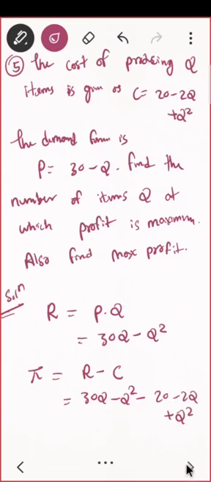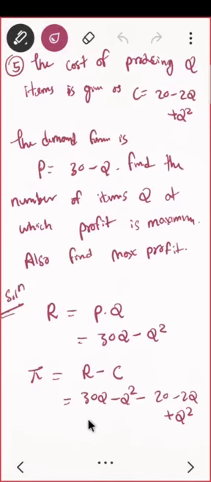So what is that? 30Q minus Q square and minus C, what is cost? 20 minus 2Q plus Q square. So let us find the profit function here. क्या आएगा देखो, that is 30 की तो 32 हो जाएगा. सही है, wait, minus C, this will be plus ना. हाँ, this will be plus, correct, and this will be minus. Perfect. 32Q minus 2Q square minus 20. Nice. Now tell me, you want to find the maximum profit. What should I do? Maximization का क्या rule था? Perfect.